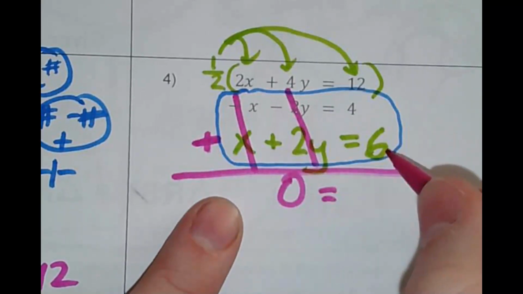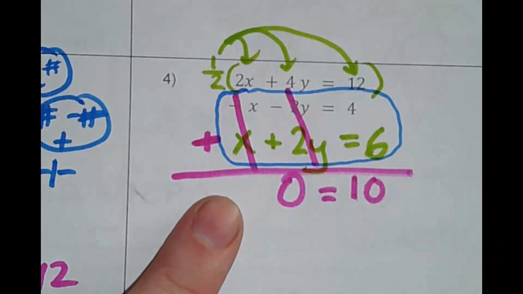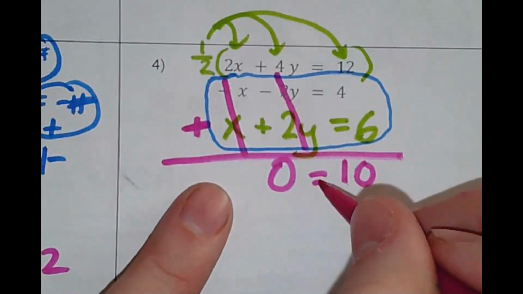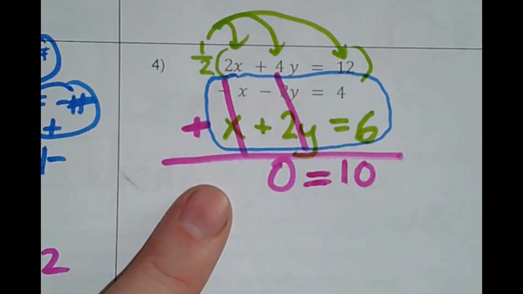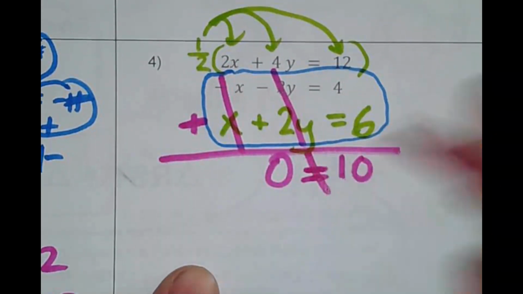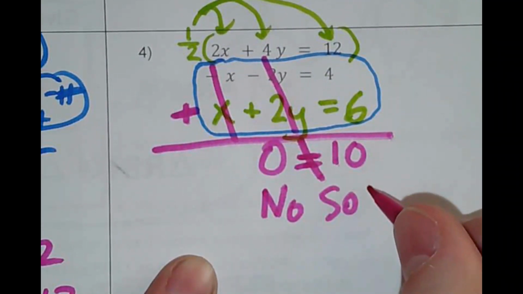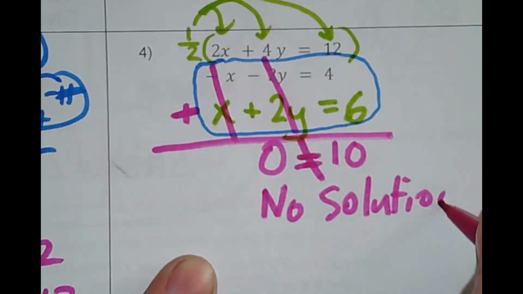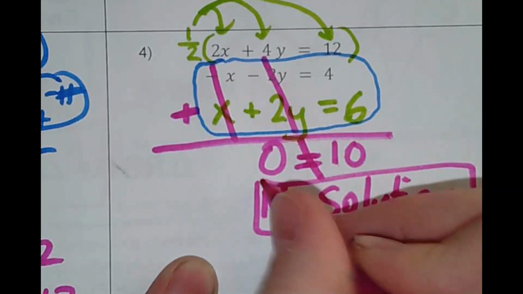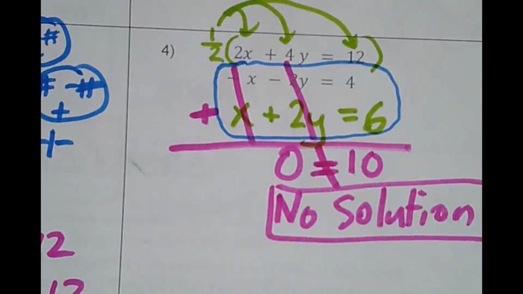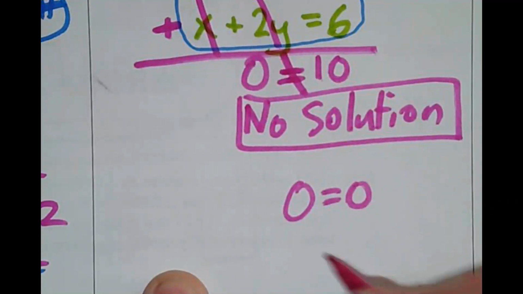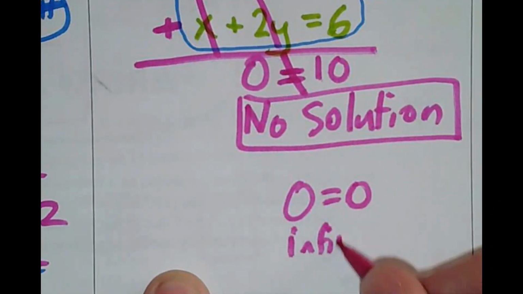And 4 plus 6 equals 10. Is 0 equal to 10? No way. So we're going to say no solution as our answer. Okay? Remember, if it says 0 equals 0, that's when you're going to say infinitely many